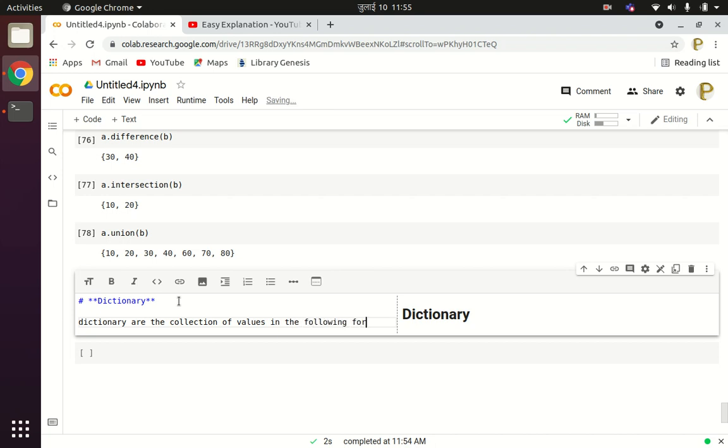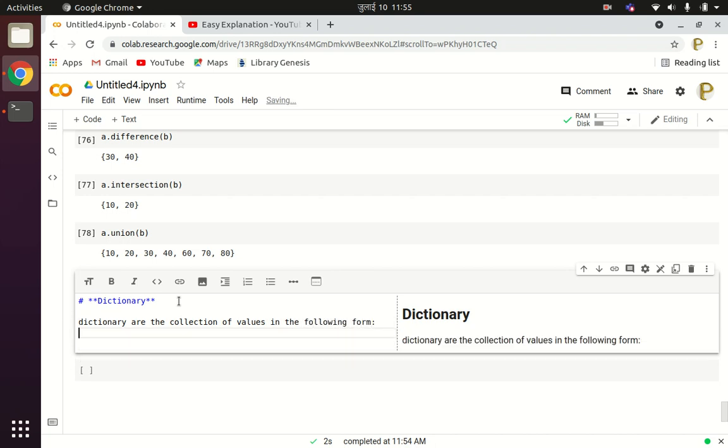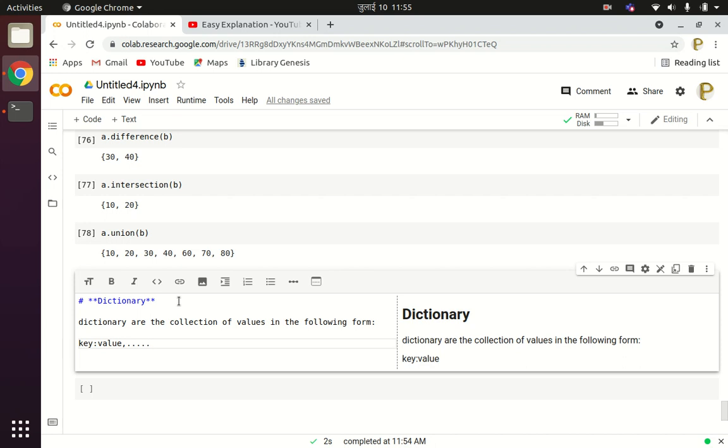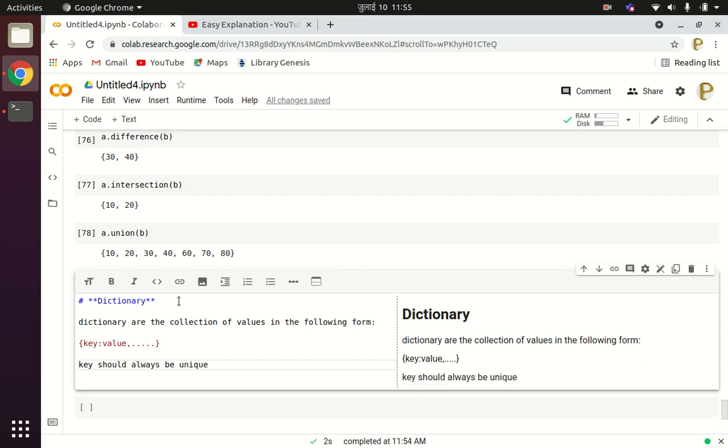The elements of a dictionary are in the form of key to value and included within the middle brackets. Key to the value, and the key should always be unique. So if you want to create a data structure something like this, then you have to go for the dictionary data structure.